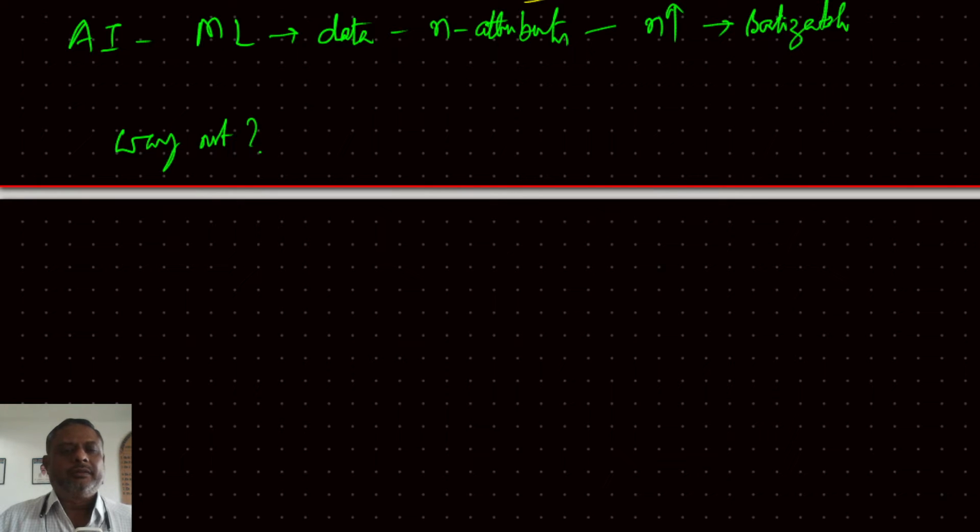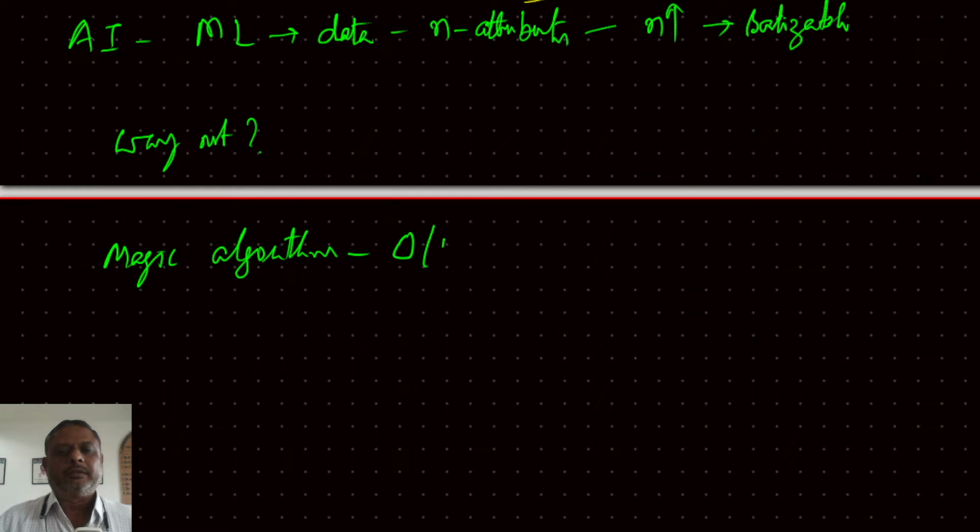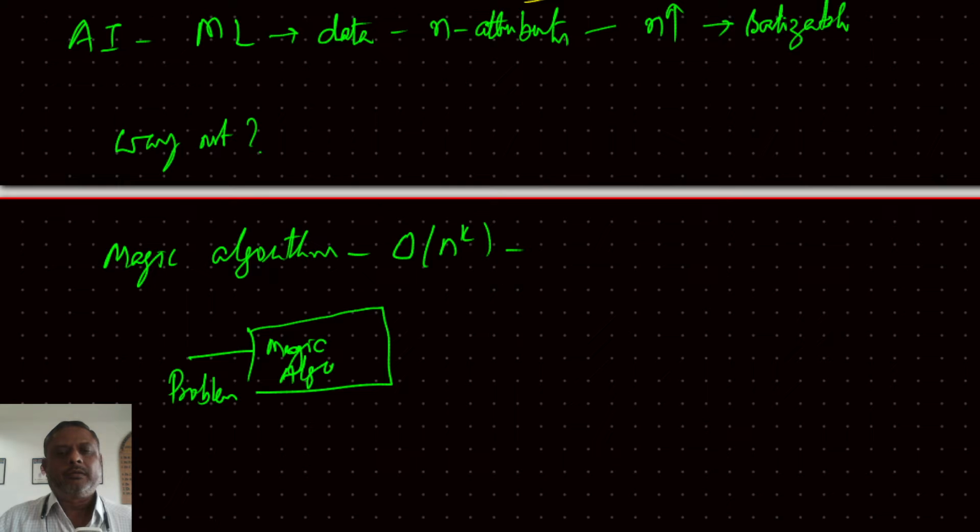Here we try to look for some magic algorithm that is going to give the result in some polynomial time. So assume that there is some magic algorithm which can solve our problem. So we have a problem and there is some magic algorithm which can solve this